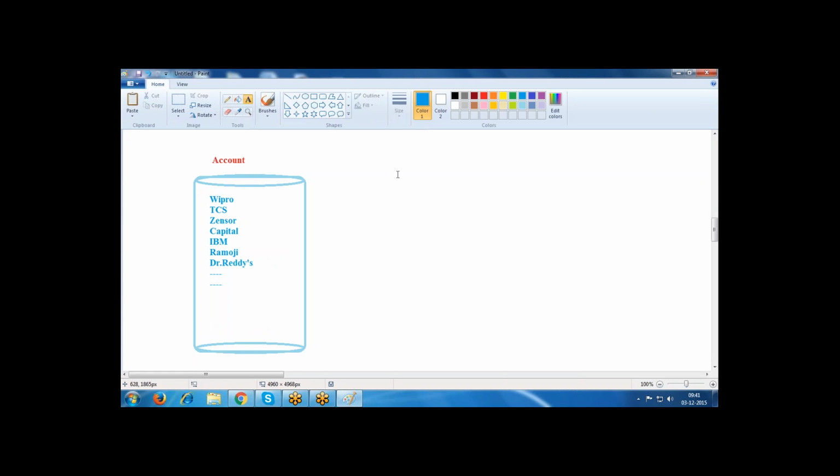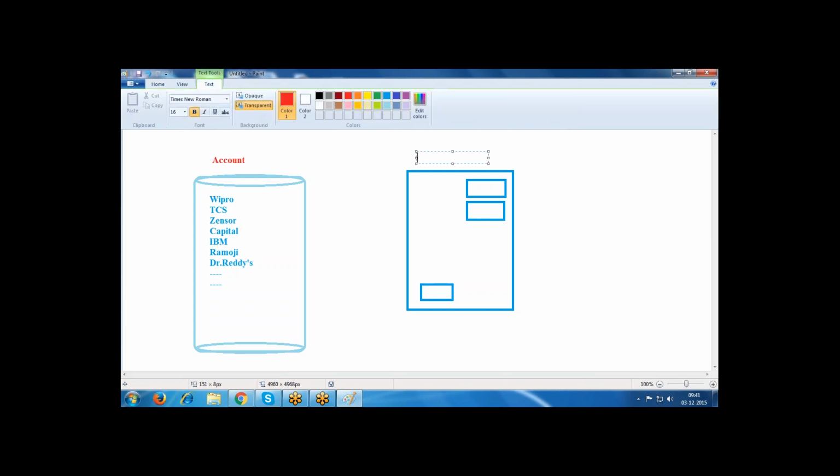Now whenever we are inserting one record through one form, this is one application. In this application one account object, so we have some of the fields. This is the account form.